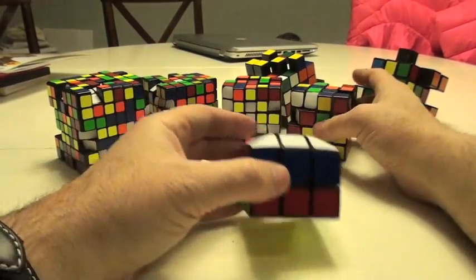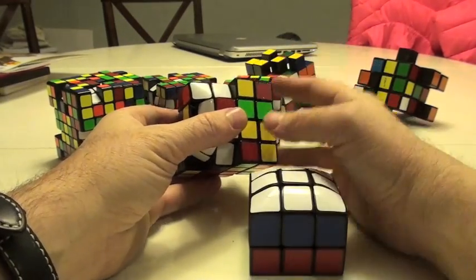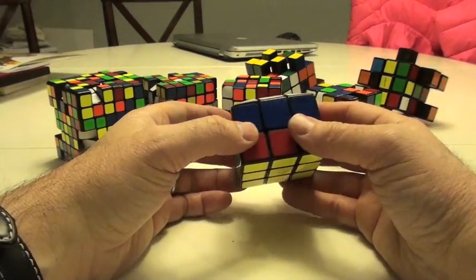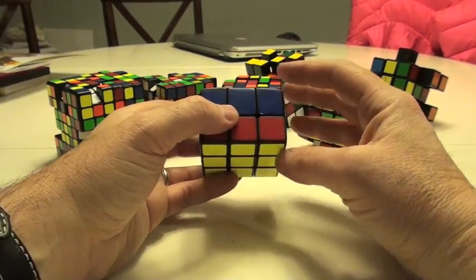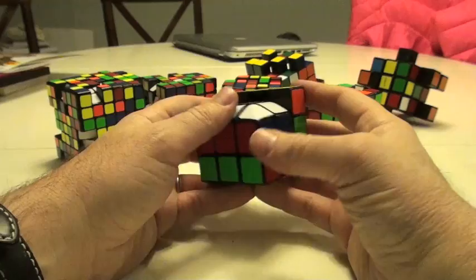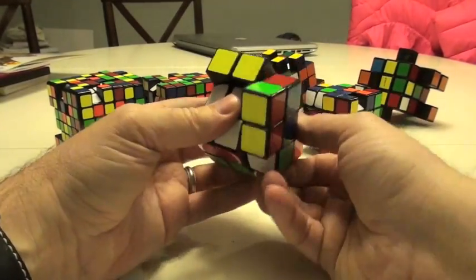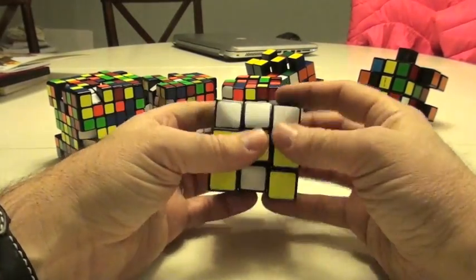Now notice with every one of these iCubes, I had a bunch of layers that at least could be scrambled against each other, and then one extended layer. With the 3x3, I don't have any layers that can be scrambled in conjunction with another layer. I move it like this, and this layer doesn't have anything to scramble with, and this layer doesn't have anything to scramble with. So the scramble of this puzzle is not something that I can use cuboid strategy for. I just keep going like this, turn, and as I'm scrambling this,